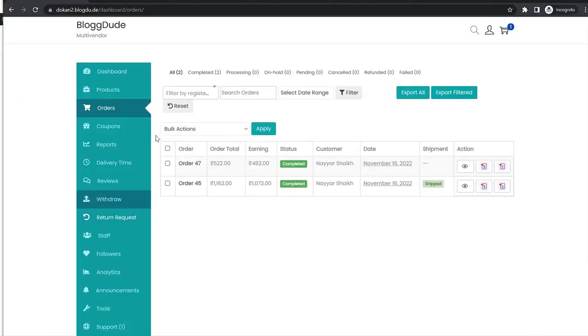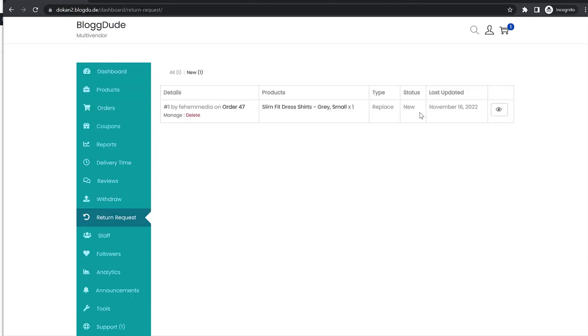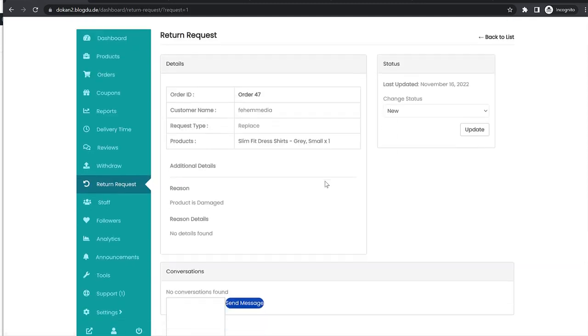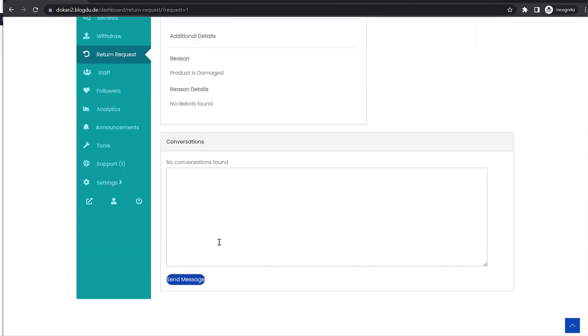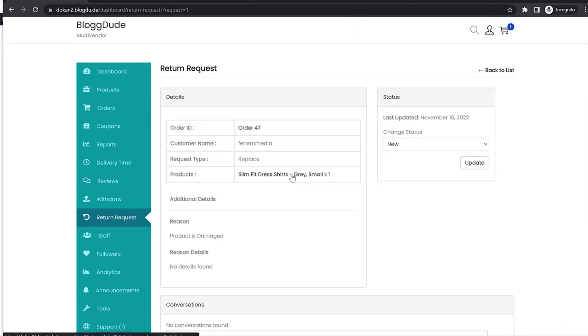Now the seller will see this request over here under return request. Okay, this is the request. If they click on view, they will see all these things. Maybe they have attached some images of the product and all. And if they find that this is fine, we will replace or refund this product, then they can select reviewing,